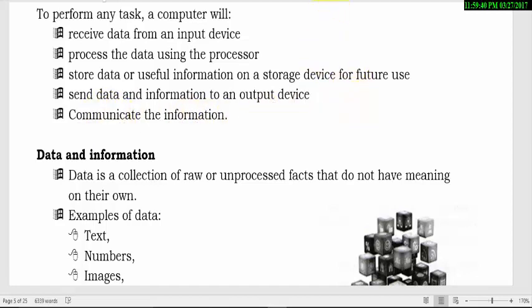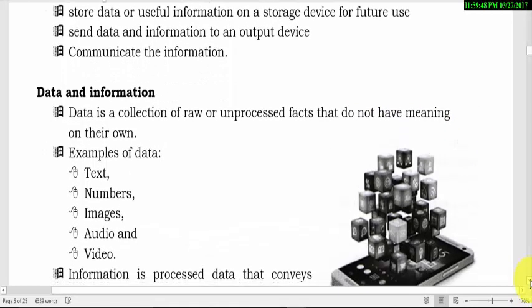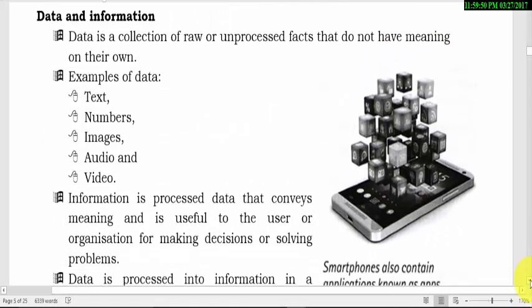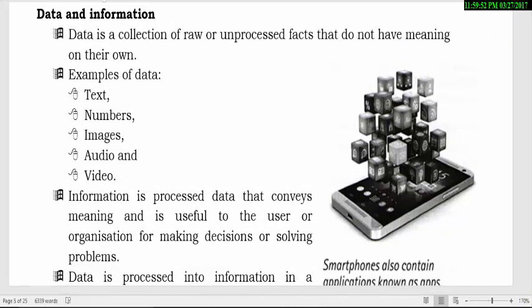Thank you, students. So now we proceed to look at the other parts. What we are saying is that we are going to look at data and information again in detail. We are still discussing it. Some of these things we have discussed already. So we are going to look at data and information.